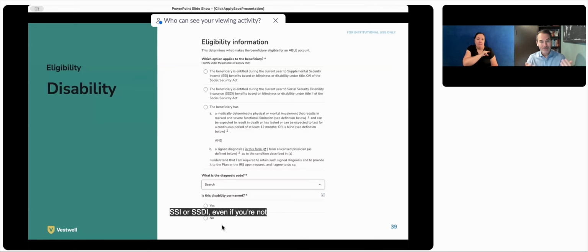Or if you don't know if your disability is qualified through that means, you can have a physician or a doctor fill out a form. You don't even need to send it to us. You're just telling us you have it. Basically, it's just saying that your disability qualifies you for ABLE. Many people, most people know that this is the case. It gets right through this process. If we could go to the next slide.